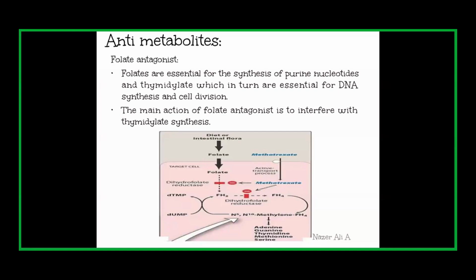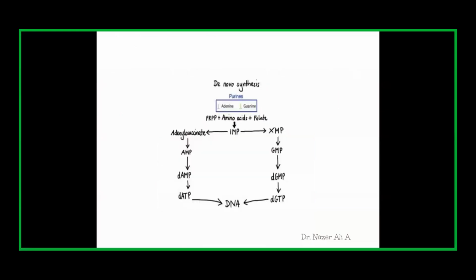But what about the nucleotide? The metabolic requirements for these nucleotides and their bases can be met by both dietary intake and synthesis from smaller precursors, which is known as de novo synthesis. So what is de novo synthesis? If I explain, I think it will be time consuming. If the time permits, I will explain at the end. By de novo synthesis, through a series of reactions which are catalyzed by various enzymes, the nitrogenous bases will be incorporated into DNA.